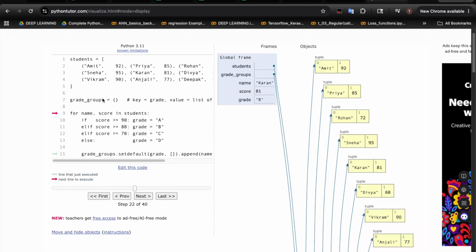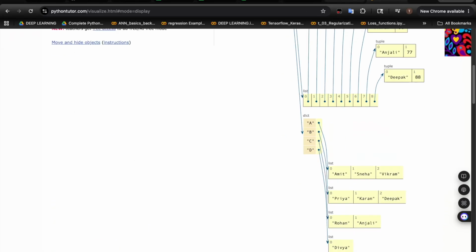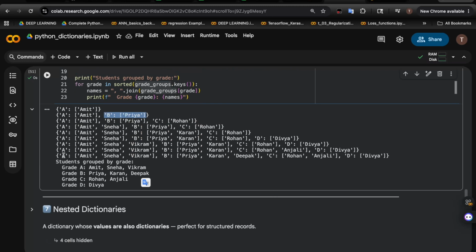So like this the code will keep on running, and at the end, if I go to the code, it will give you the answer like this, the final answer. See, how many students got A grade? Amit, Sneha, Vikram. B grade got Priya, Karan, Deepak. C grade got Rohan and Anjali, and D grade got Divya. Okay,